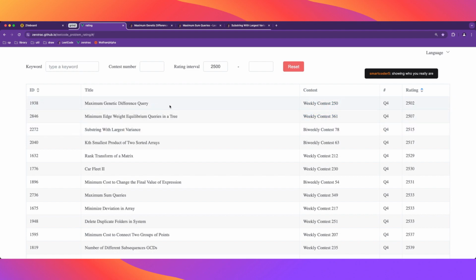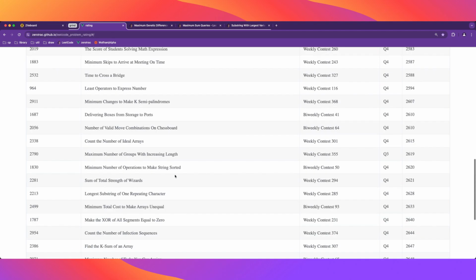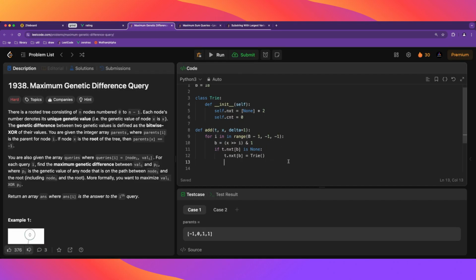So I started right here, right from the beginning. There are 73 problems of this level and above, so I have quite a few to do. Okay, so here we create a new node, and then we go to the next node. Yeah, so T is this,